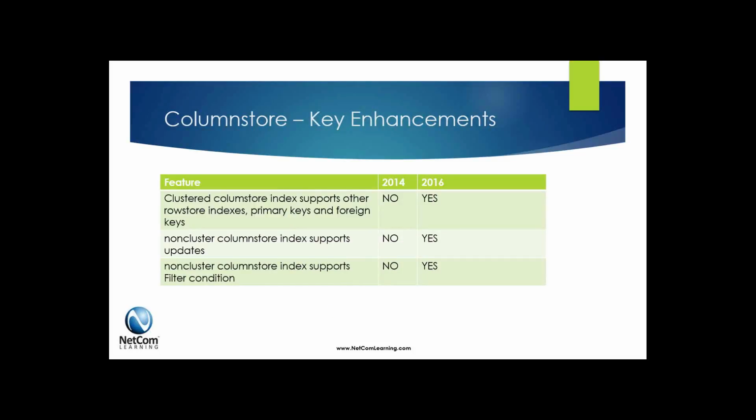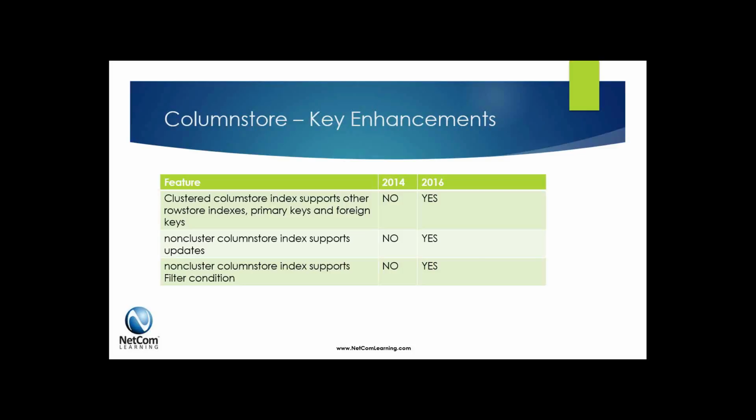Now, let's take a look at some specific enhancements in 2016. This is not by any means an exhaustive list, but in my humble opinion, these could be some of the key enhancements that might change some of the use cases that existed in SQL 2014. What's the first enhancement? The clustered column store index now supports other row store indexes, like regular indexes on the same table. It also supports primary keys, and it also supports foreign keys. We didn't have this in 2014, but we do have it now in 2016. And that's a game